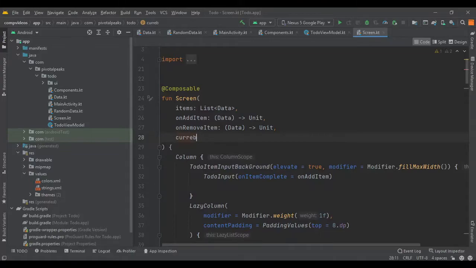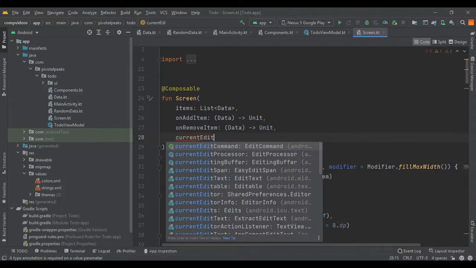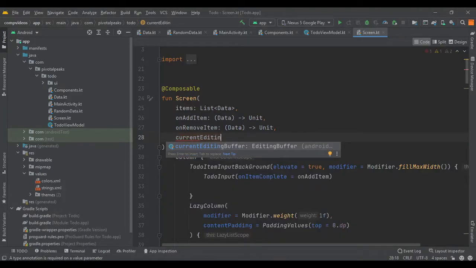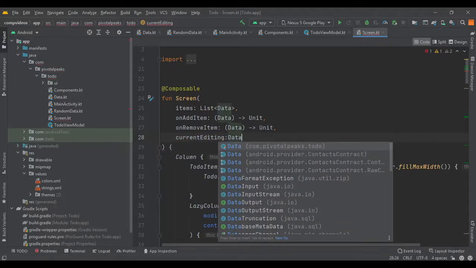Let's define current editing, and let's pass the data class.